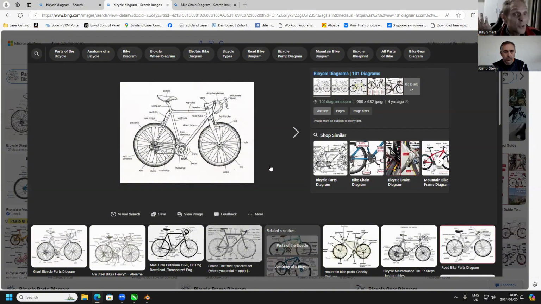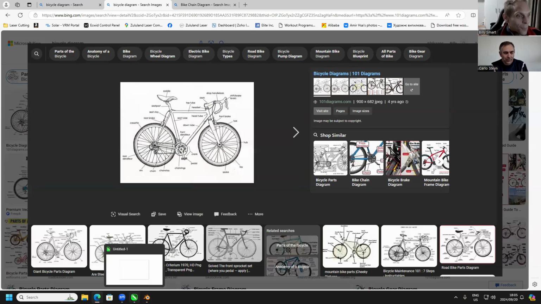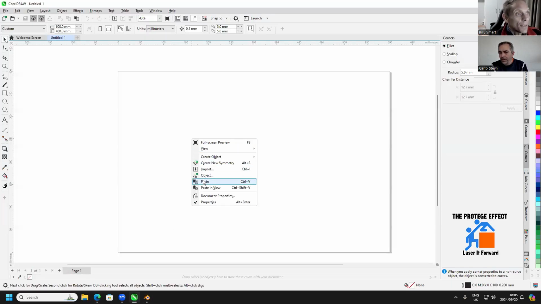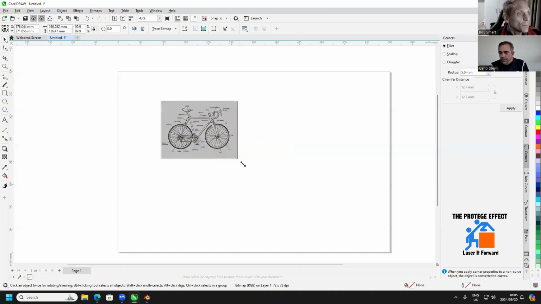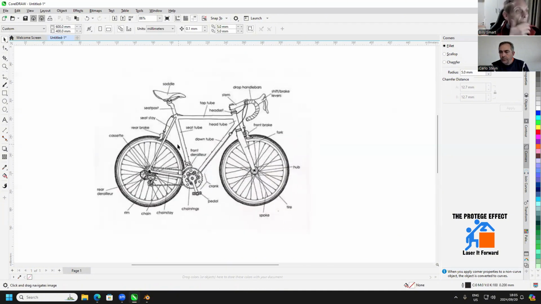So I just took the first best picture that popped up. I typed in bicycle diagrams, and this one looks like it's got everything that I know a bicycle to have, 2 wheels, a frame, pedals, and a handlebar pretty much. Just going to copy, I'm going to paste that straight into Corel. So without spending too much time on talking about what a bicycle looks like, while I'm scanning this image, I'm looking for circles and squares, triangles, and general shapes I